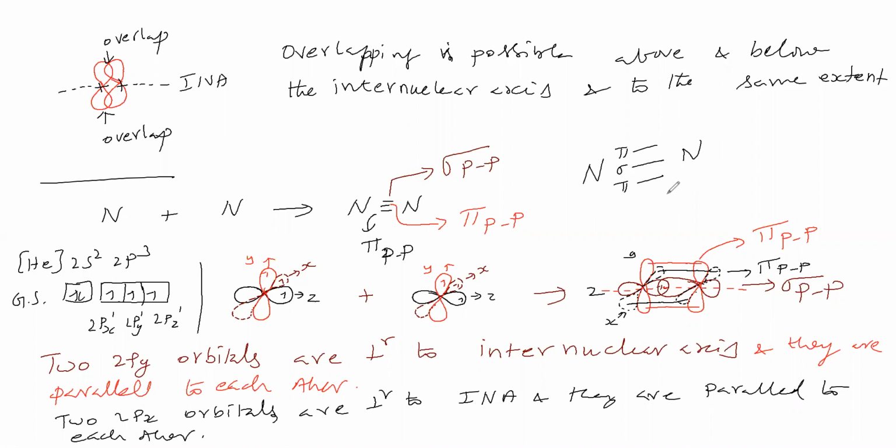So far we have discussed homogeneous diatomic molecules. Homogeneous means the molecule contains the same kind of atoms. A nitrogen molecule contains only nitrogen atoms, and an oxygen molecule contains only oxygen atoms. Now we will see a heterodiatomic molecule, for example HF. Hydrogen combines with fluorine to give HF.